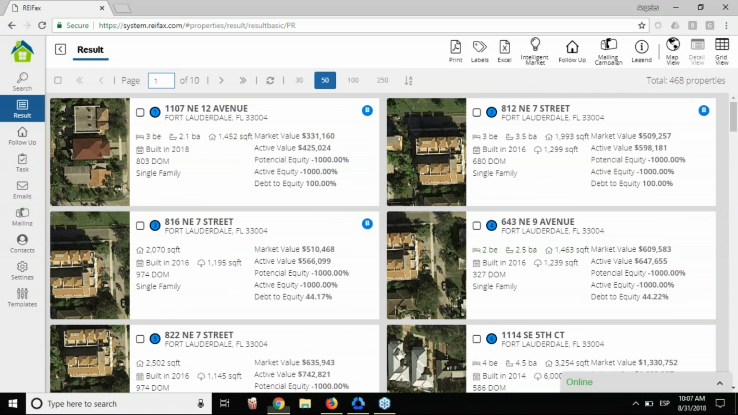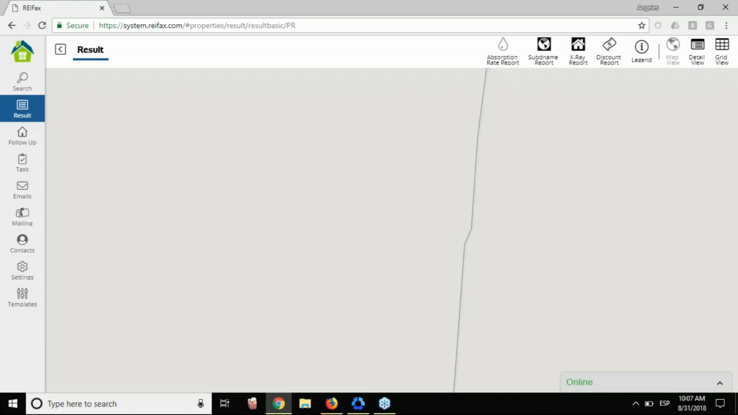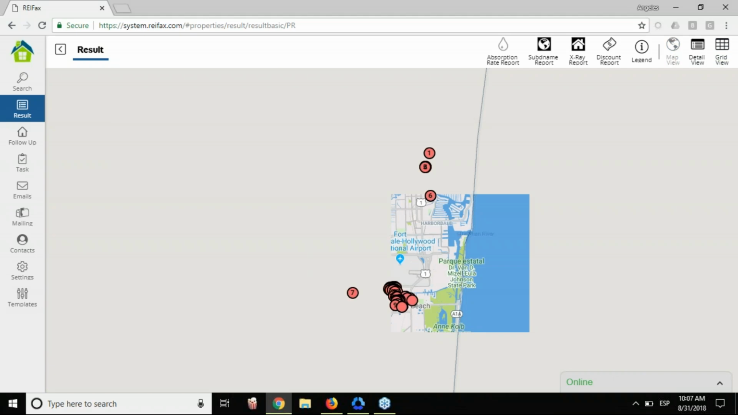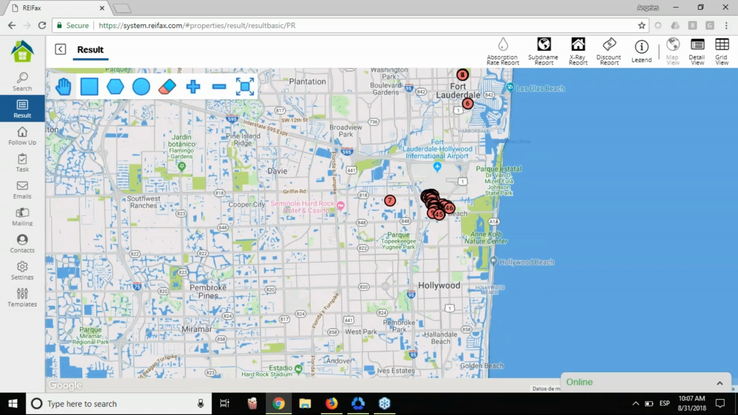Okay? So from this result section, we actually have three different views of the results. We have the map view. If I click on map view, this will display a map that will show all our results. Okay, so as you can see, we have a map. We have all these little dots. One of each is a property. You can move this around and you can scroll